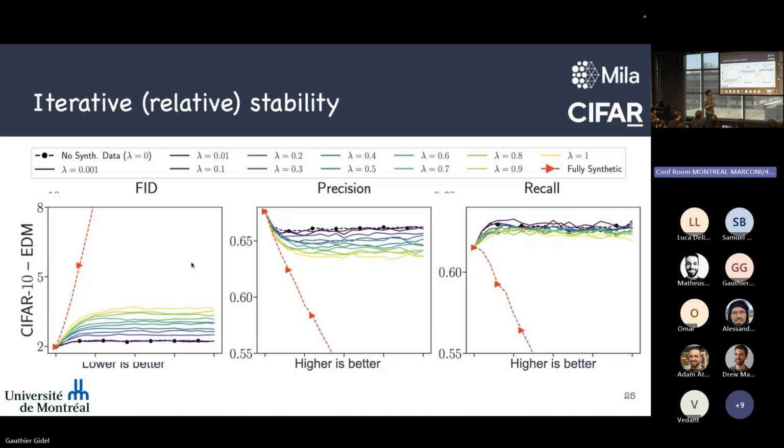It's hard for diffusion models. To do an apple-to-apple comparison, we give the same amount of real data to all the models, so n is fixed to 50K. If you want lambda times 50K, for instance lambda equals 10, you would need to generate 500,000 generated data per time step. With diffusion models, this was too expensive for us, so we stopped at generating 50K examples per time step. But virtually you could do it. I would have loved to be able to do it, but it was out of our compute budget.